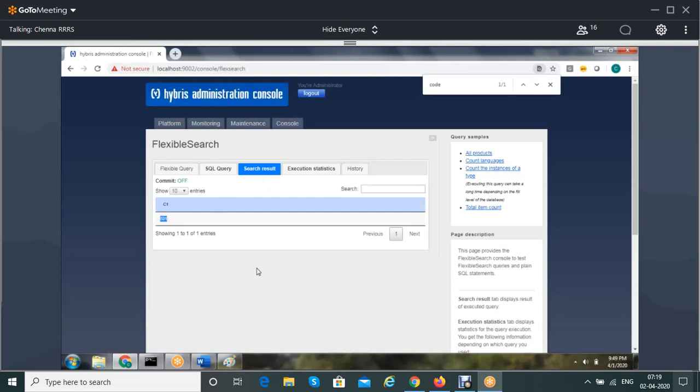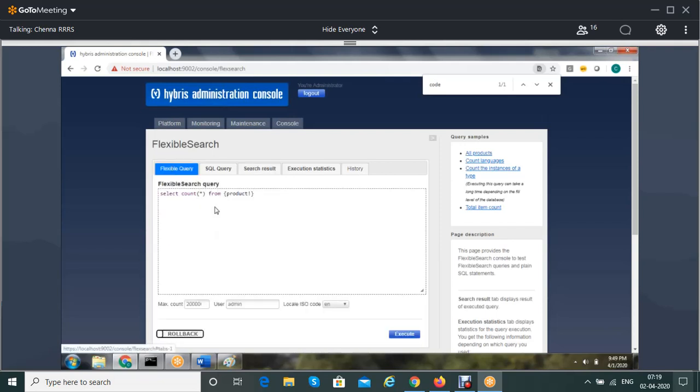That means only 531 records were created with the product, and all the remaining were created with the inherited item types. So this is very important. If you want to get only that item type and don't want the inherited item type records, you can use this to improve the performance.